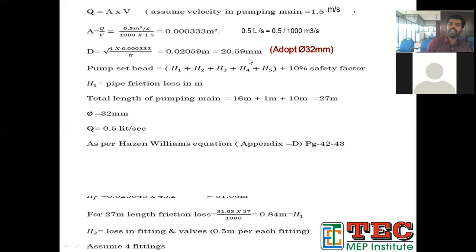So mainly, if you are using the main pipe diameter as 20 mm, it will be sufficient. But normally we won't use this 20 mm. We'll be going for a higher value. You can go for 25 mm, or you can go for even 32 mm also. So instead of this 20, you can just give 25 mm, or even higher as 32.